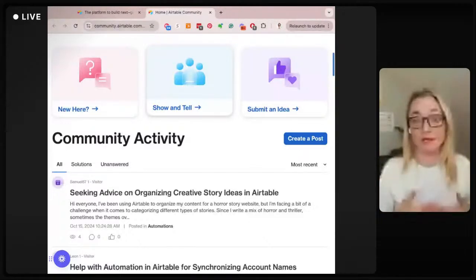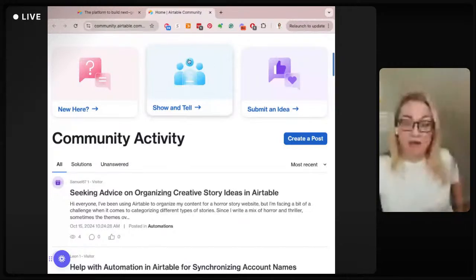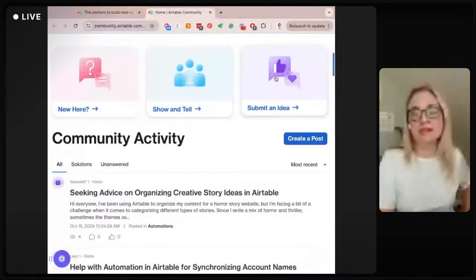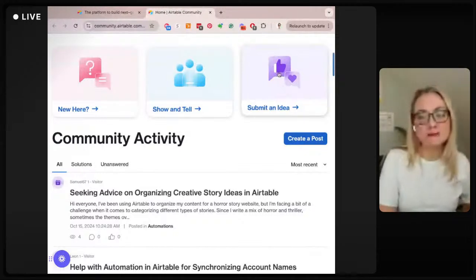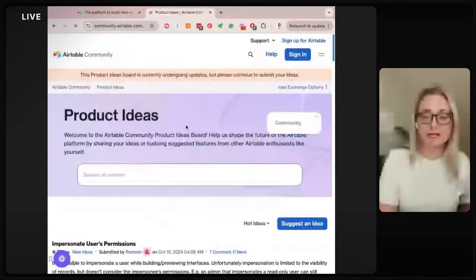So that's probably one of the ways they're calculating the ROI, return on investment, of the community here. And then submit an idea might be another area where any user can come in and submit an idea. So their product team and their support team are likely looking at this and indexing the ideas and keeping track of them. So yeah, that's exactly what this is here.